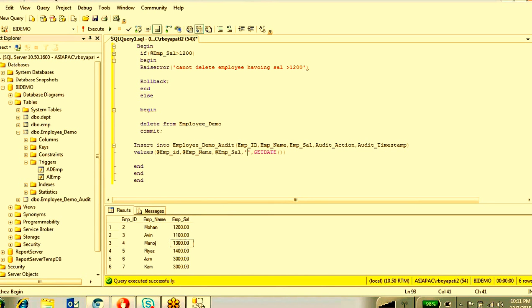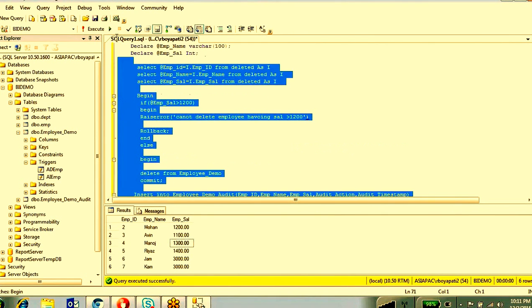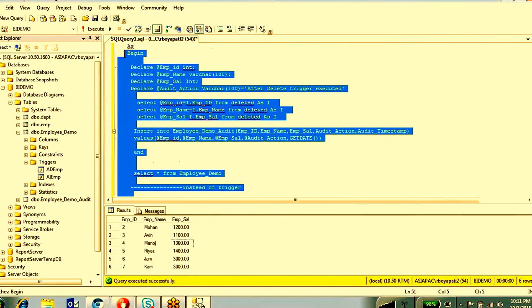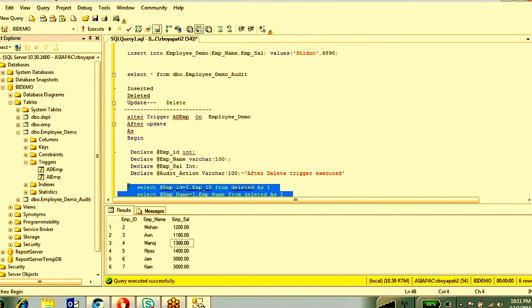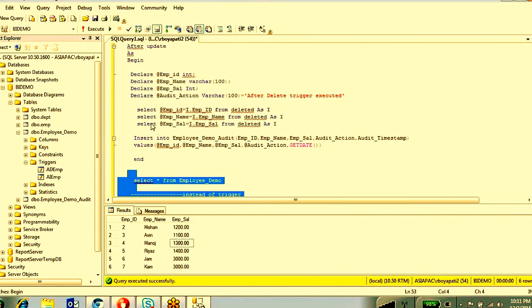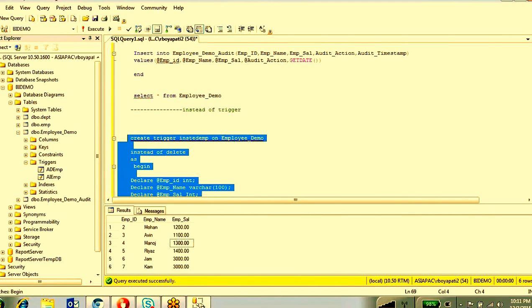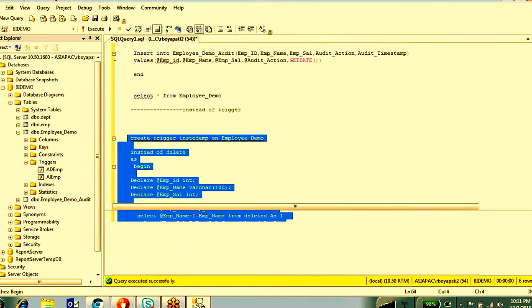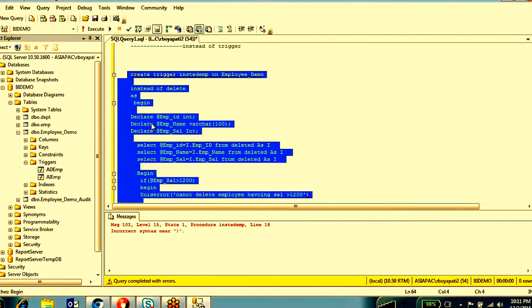What action am I going to write here? Delete trigger before. Okay, right, I'm going to execute this one. Right, what happened?